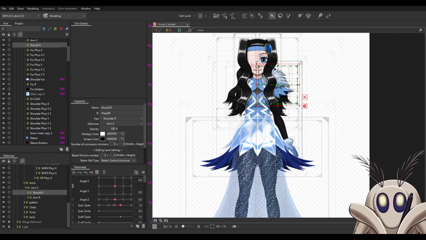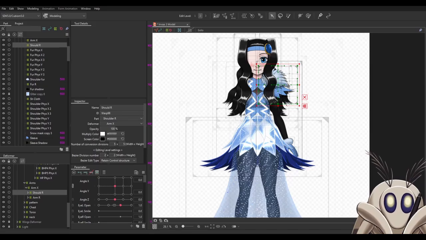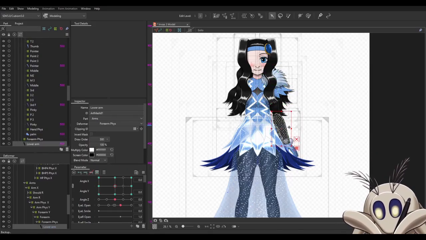Yo everybody, hi, my name is LampyMoth, and today I'm going to teach you how to use the reflection method in Live2D. Let's say, for example, you started working on your arm deformers and parameters, and you got the rigging